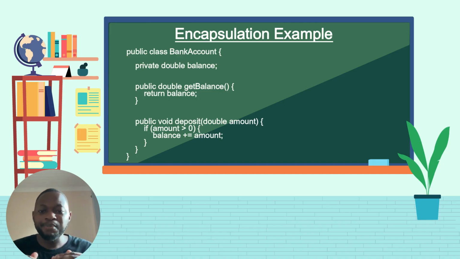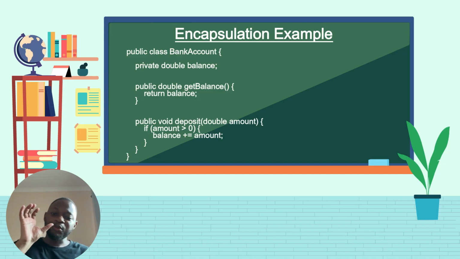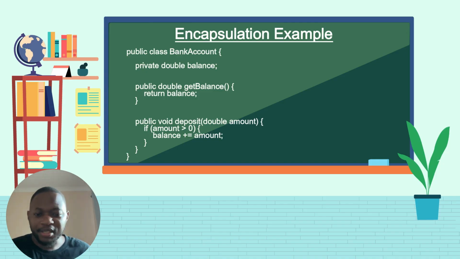So that's why right below we have the deposit method. The deposit method takes the amount that you've passed in and adds it to the amount that's currently in your bank account. And as you see in the deposit method, there's a check to see if your amount is above zero,